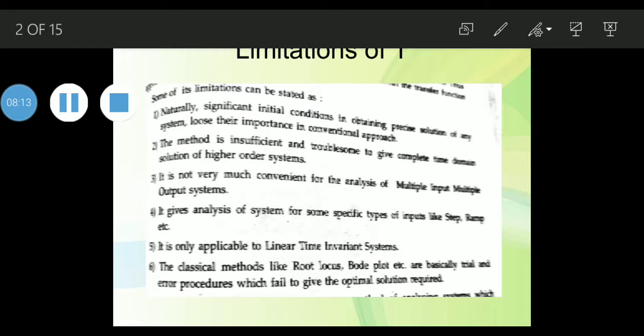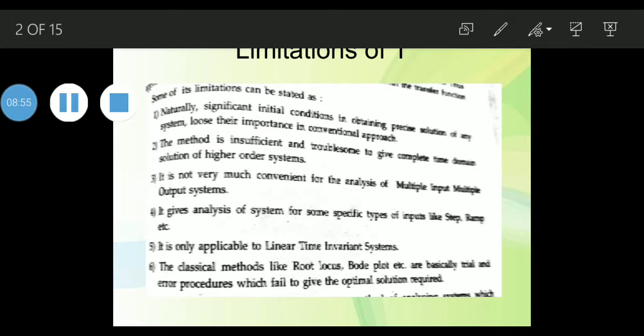So we'll continue now with state variable analysis and design. The conventional approach that is used to study the behavior of linear time invariant control systems uses the time domain or frequency domain methods. The systems are modeled using the transfer function approach, which is a ratio of Laplace transform of output to input, neglecting all the initial conditions. Conventional analysis faces all the limitations associated with the TF approach.